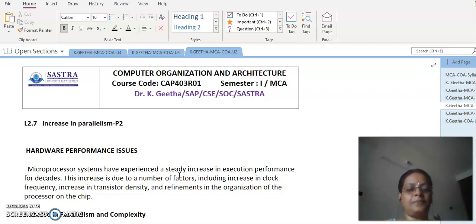In general, if I want to improve the performance of a computer, we can go in for parallelism or for pipelining. Parallelism means we will be demanding multiple functional units. It could be hardware, multiple adder circuits, subtractor circuits, like that. In terms of hardware, functional units can be provided more than one, and we will try to utilize all these functional units together to improve the overall throughput. Another mechanism is pipelining.